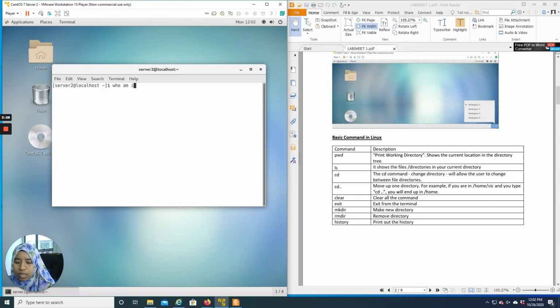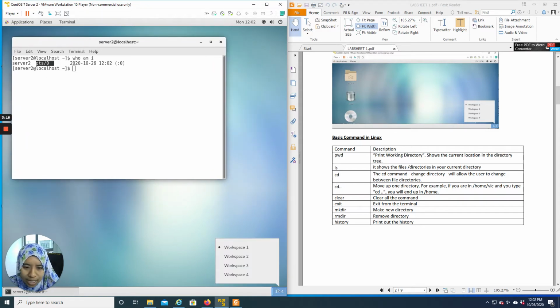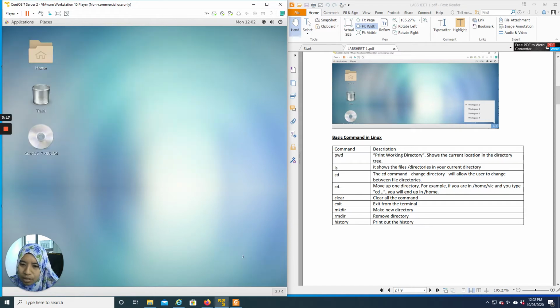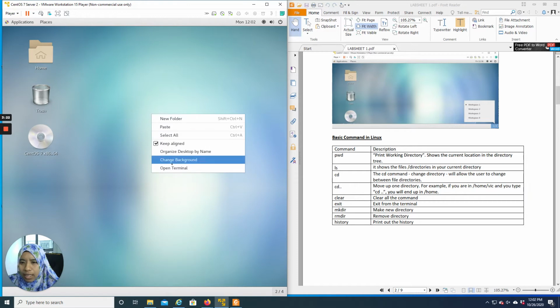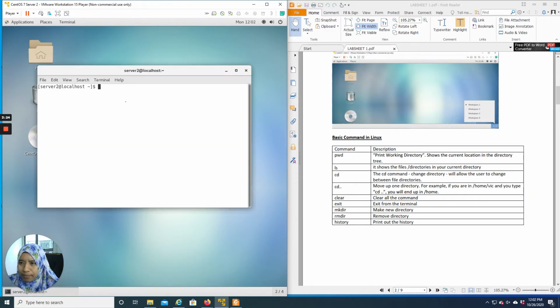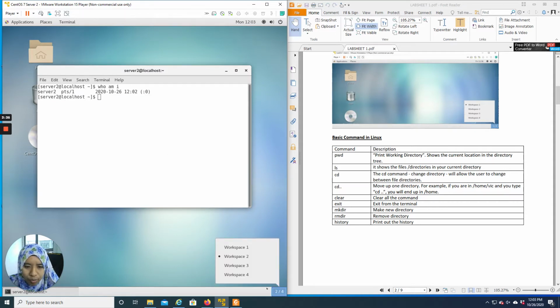Let me try this command, who am I. You can see here it shows you pts/0. Let's see if we open workplace 2 and then open the terminal and check who am I again, here you see it represents pts/1. Here it shows you which workplace you are using.